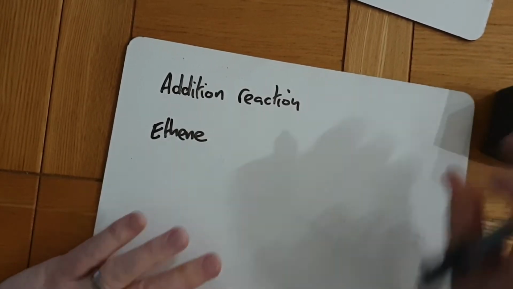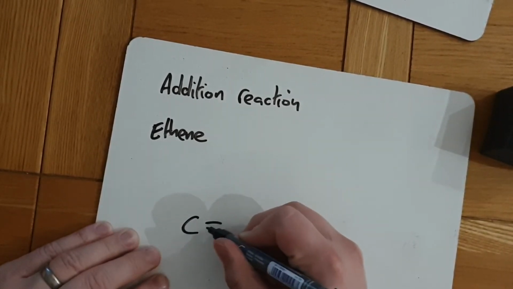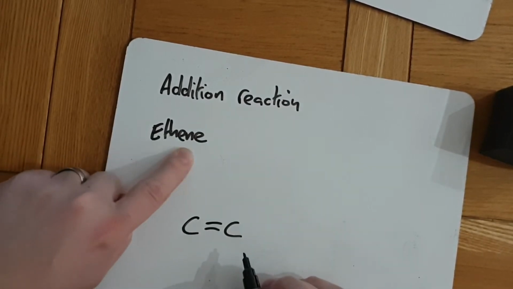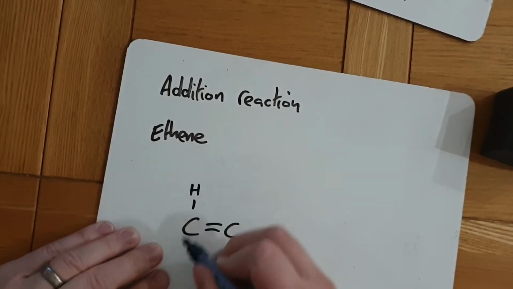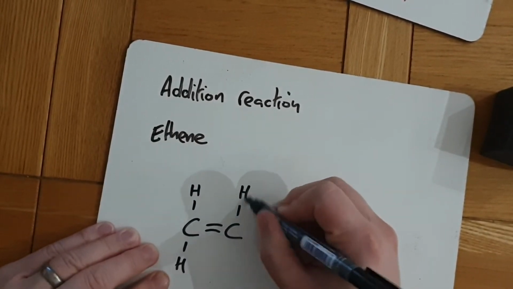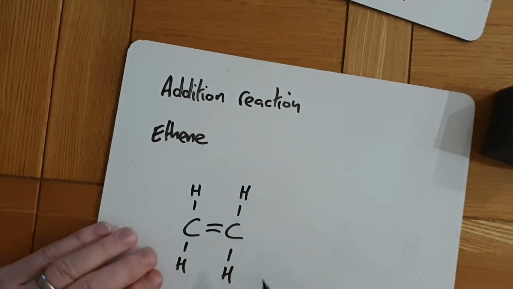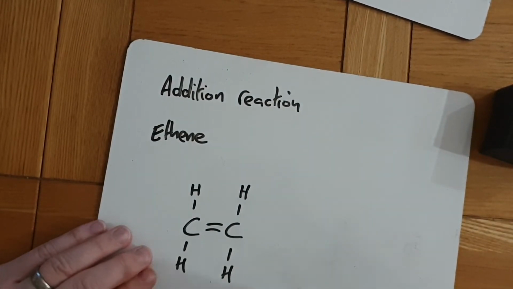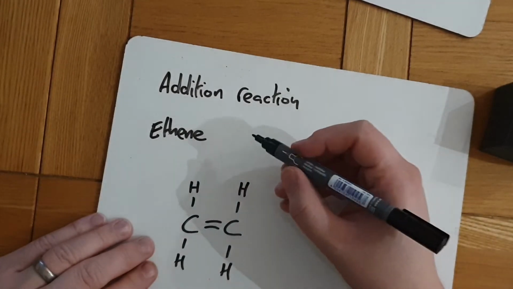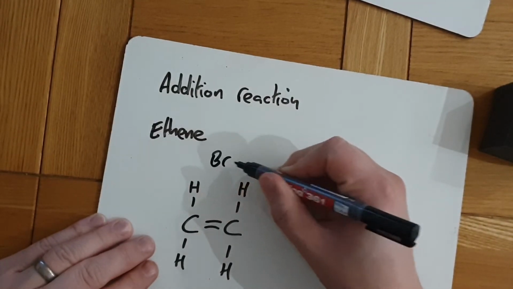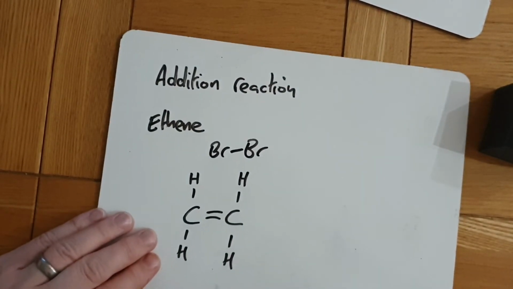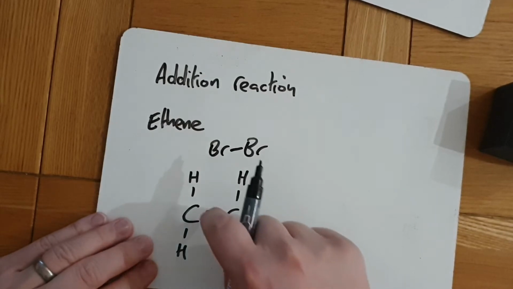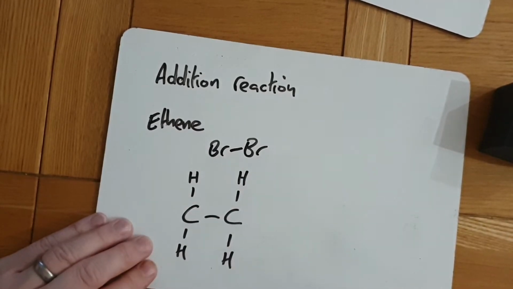So we've got ethene. So we've got C double bonded to C. Remember eth, ene: because it's an alkene, eth because it's got 2 carbons. So ethene. So then we've got H, H, H, and H. And we're going to react it with bromine. So bromine's Br2. So we have got a Br bonded to a Br. And it's really straightforward. So all that happens is that double bond breaks into a single bond,